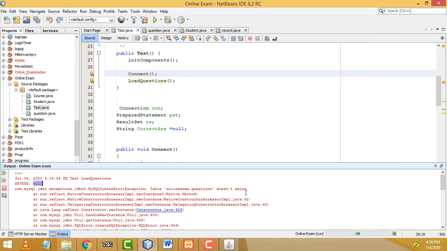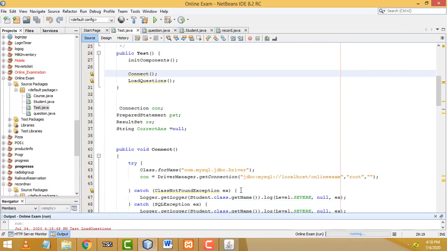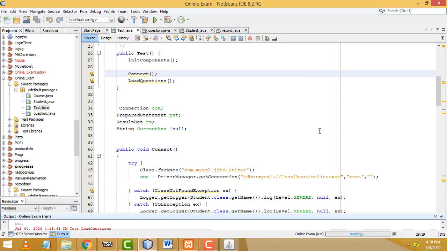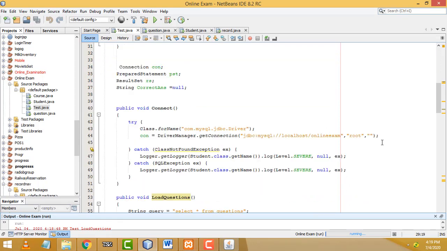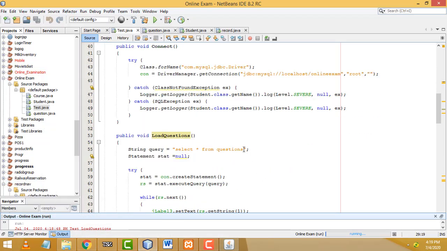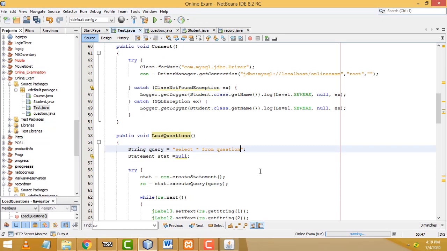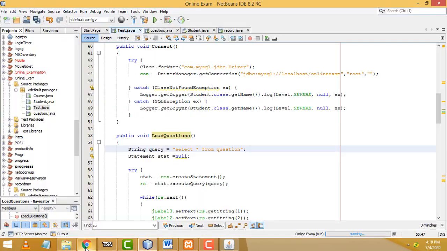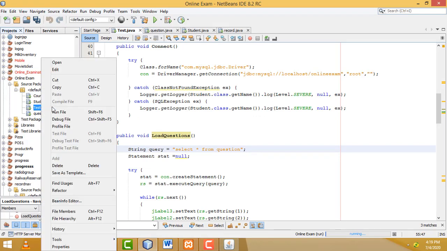What is the problem? Here the problem is the table name. This is not question, this is questions. That's the problem, I think. Now let's run it again.